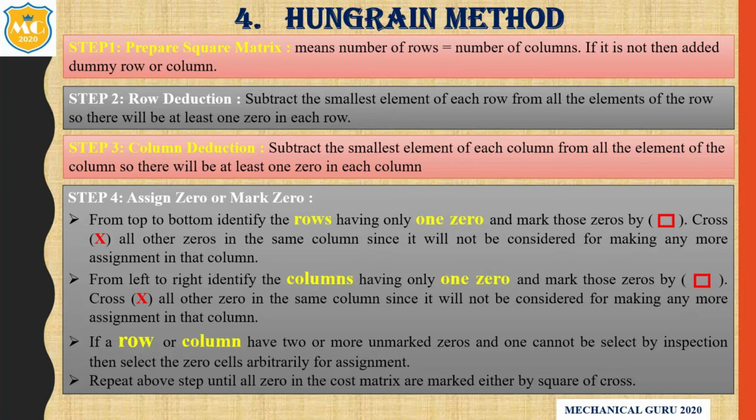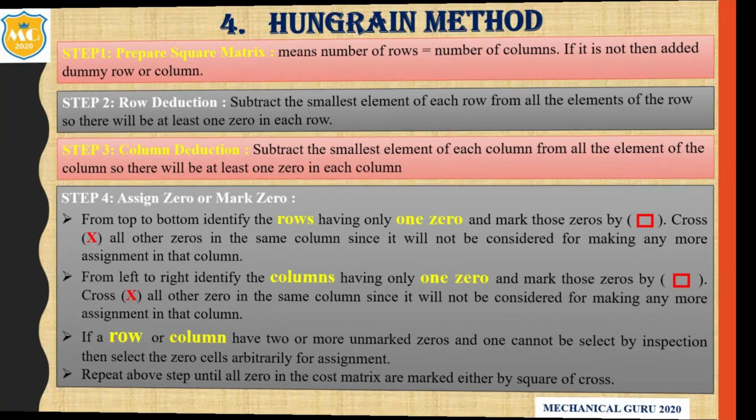And the second possibility, if there is some row or column without assignment, in this case the optimal assignment cannot be made in that solution. So in that we have to follow the next step,